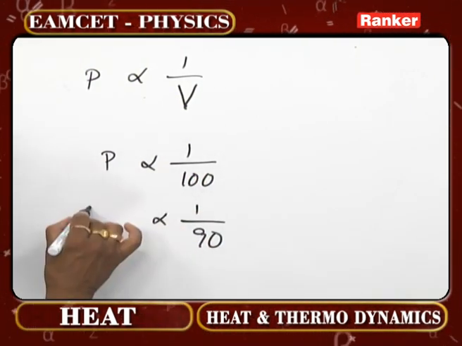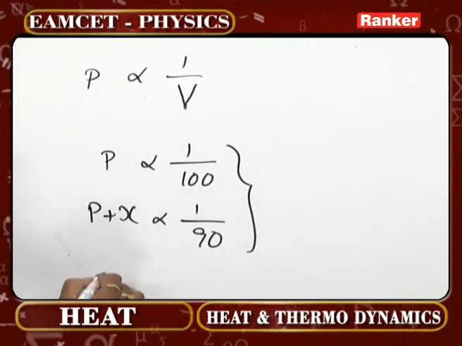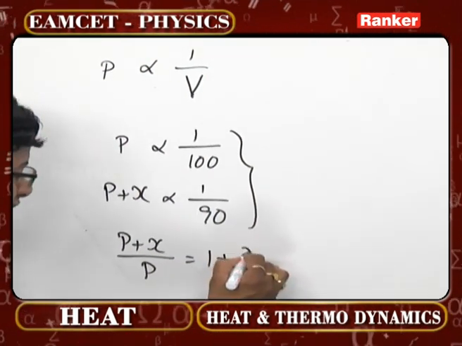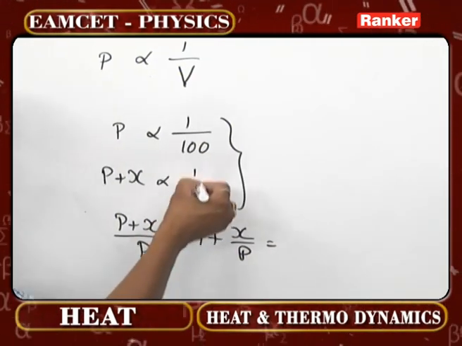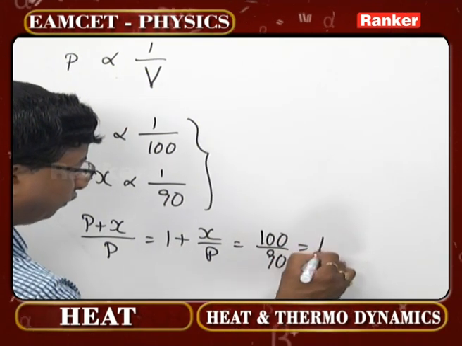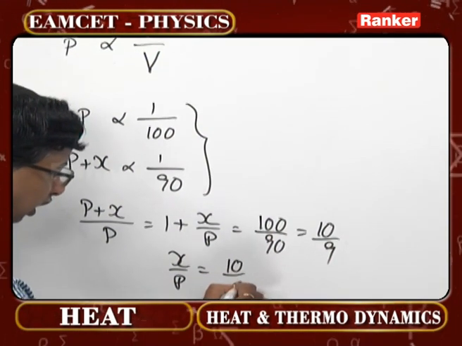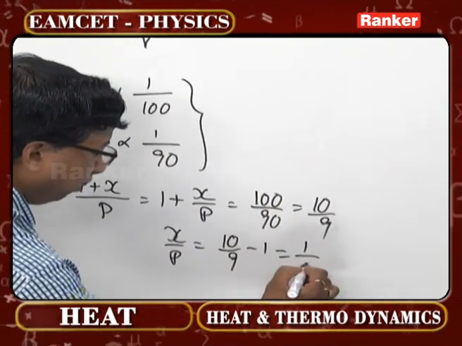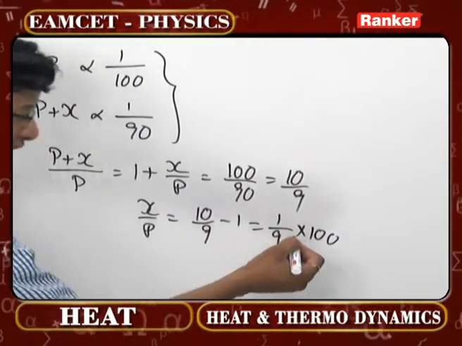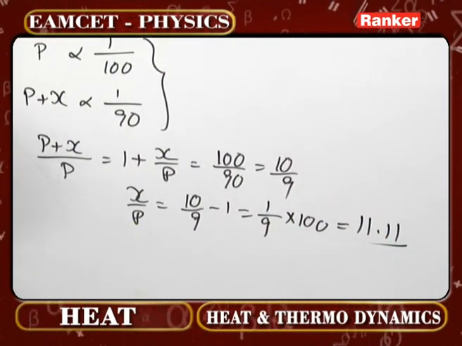And when this decreases, this should increase by some value. I take that one as X now. Then what can I write? P plus X by P, which can even be written as 1 plus X by P, is 1 by 90 by 1 by 100, that is 100 by 90, which is simply 10 by 9. Then what will be X by P please? 10 by 9 minus 1, which is 1 by 9 as such. Now I want percentage variation. What is that percentage means into 100? How much will be left now? 11.1